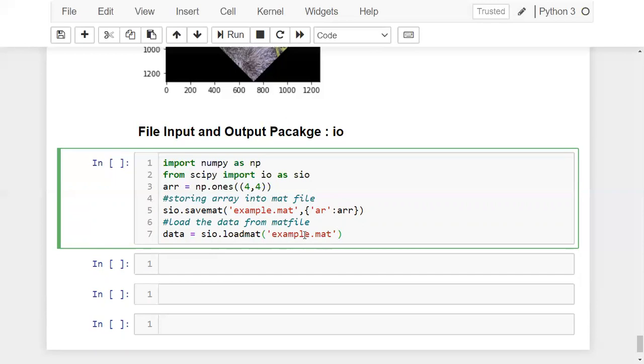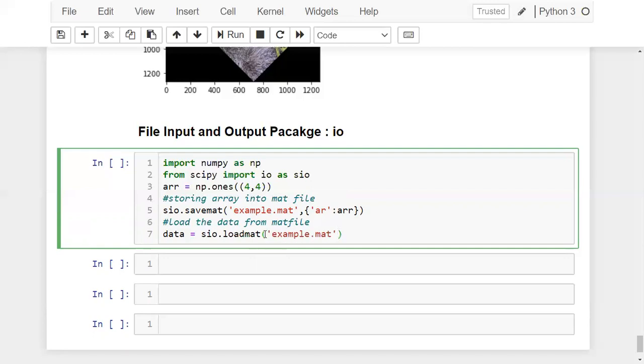So if you observe, what are the arguments which you need to pass to loadmat? Why is it not loading? Let me keep it empty and check. The shift tab is not working here. Okay, no problem.